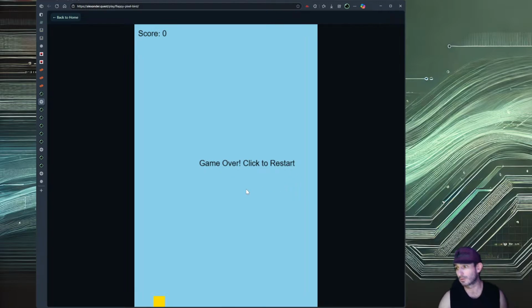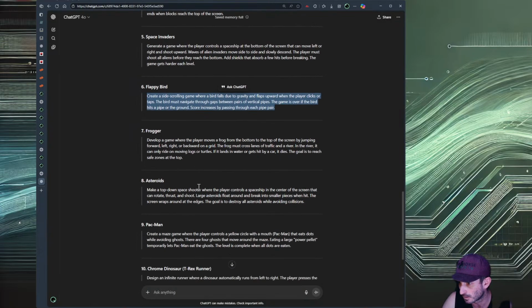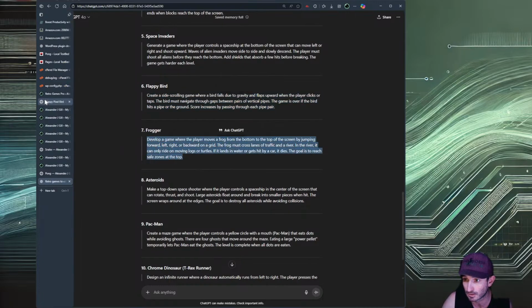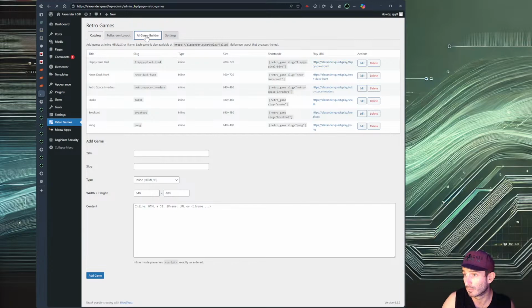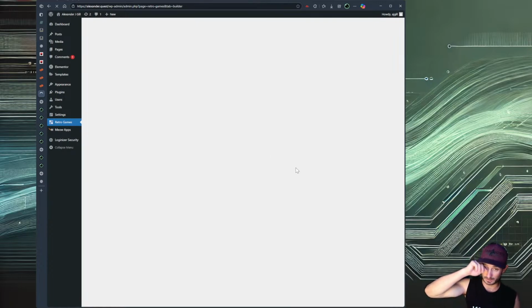Whoa, okay, so, see, it's not working though. Oh, that's stupid. It's not working. But maybe... Let's see here. Let's try Frogger. We'll just have it do Frogger real quick. AI Game Builder. Boom. Let's see how it does.